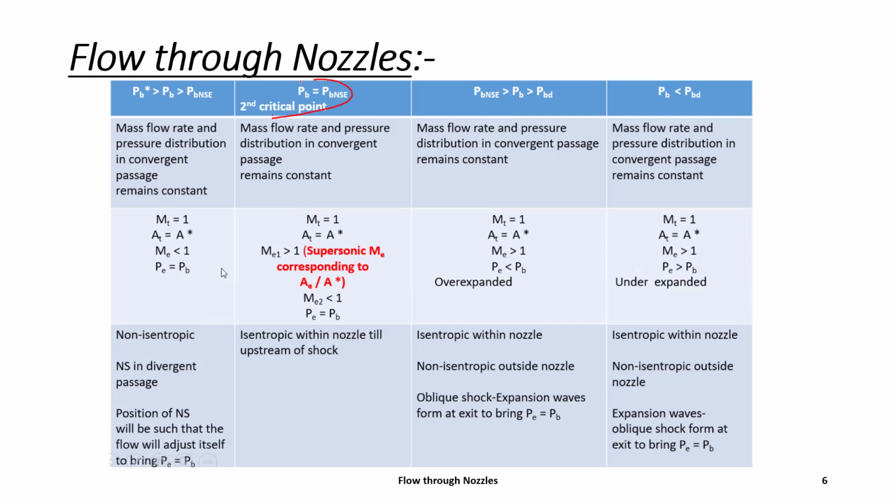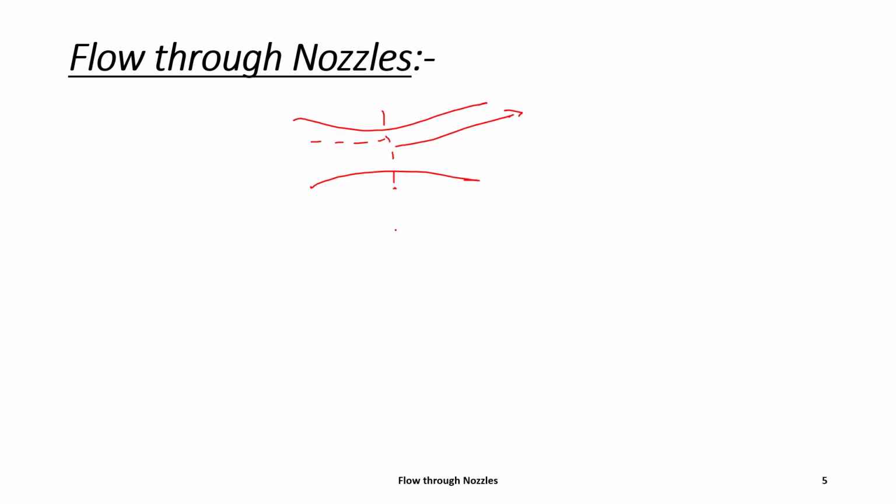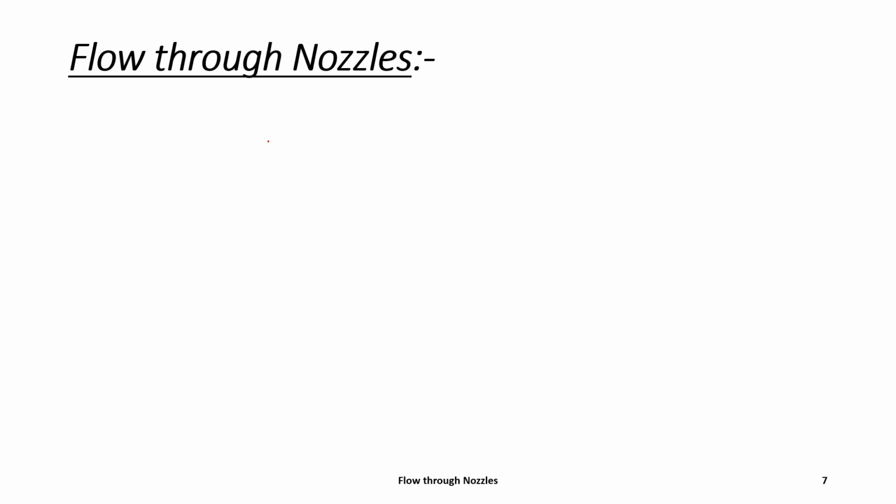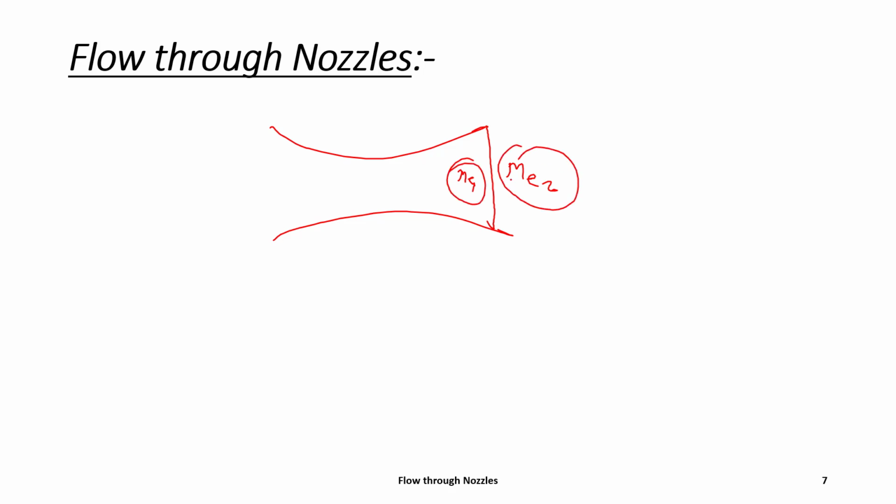So that point is called the second critical point, when the normal shock is at the exit. Mass flow rate and pressure distribution in the convergent part will be the same. Throat Mach number will be 1, and the area at the throat is called the critical area. When there is a normal shock at the exit, there are 2 Mach numbers, just before the exit and just after the exit. This will be supersonic, and this will be subsonic,